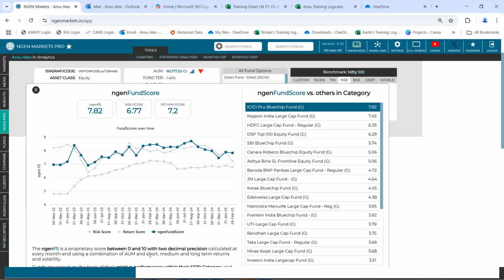So, short is equivalent to 1 year, medium equivalent to 3 years, and long equivalent to 5 year returns and volatility. And that 90% gets distributed equally, which is 30, 30, 30 each between short, medium, and long term returns. Now, as I highlighted, these happen to be the quantitative parameters. There is also one qualitative parameter that we take into consideration, which happens to be the age of the fund,